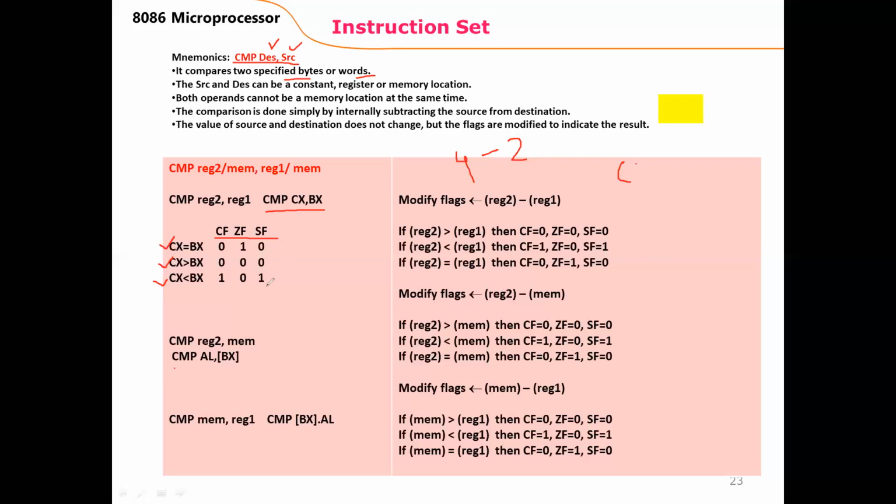in these flags. Now here we can directly say that 4 is greater than 2, so what is the need of performing this? But if the number is very large and the computer needs to do it, then we should know the concept behind that. If we perform 4, meaning 0 1 0 0, and 2, meaning 0 0 1 0, subtraction, 4 minus 2.